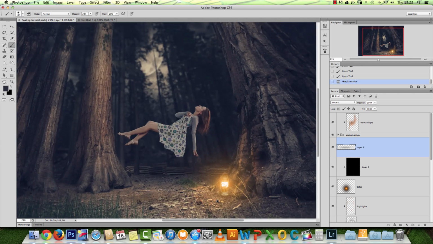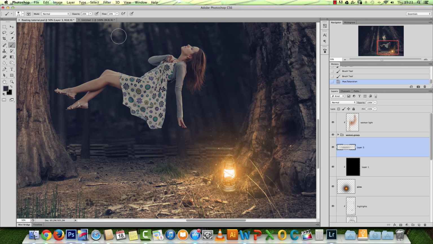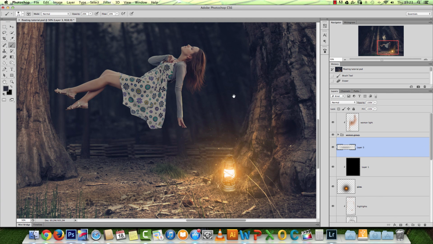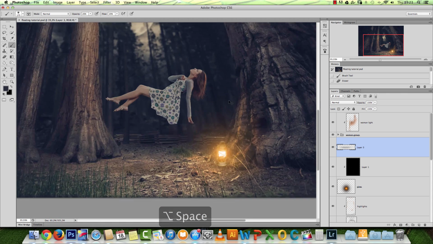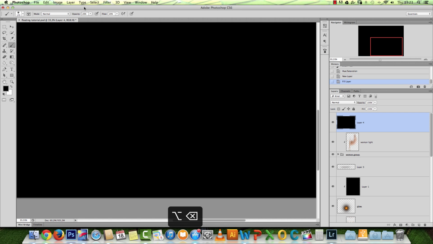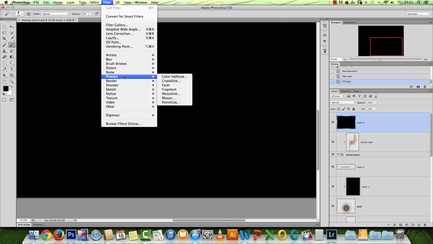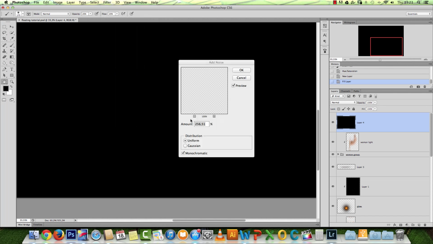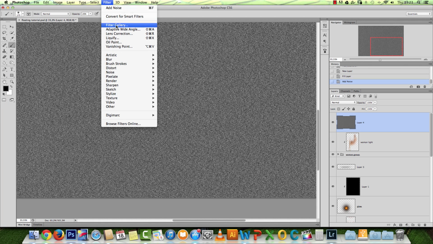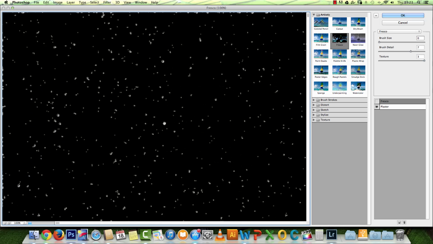I had a book there standing. I will not do it. What I will do is show you how I added those firefly effects. I will create a new layer and I'll fill it with black, and I'll go to filter, noise, and choose add noise. Make sure you have monochromatic checked and go to filter, and let's go to the filter gallery,